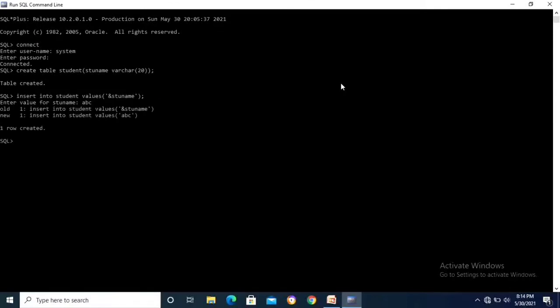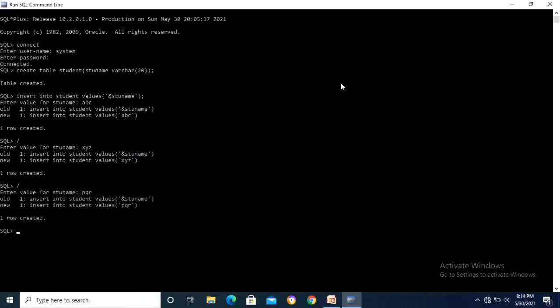Okay, one row created. Reverse slash enter. Second student name XYZ. Enter. One row created. Total 2 rows are created. Next, reverse slash enter. Next student name is PQR. Okay, 3 rows created. After inserting the values, to open the table, the command is select